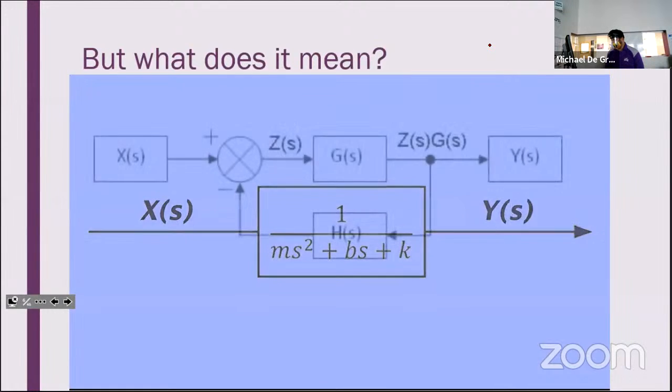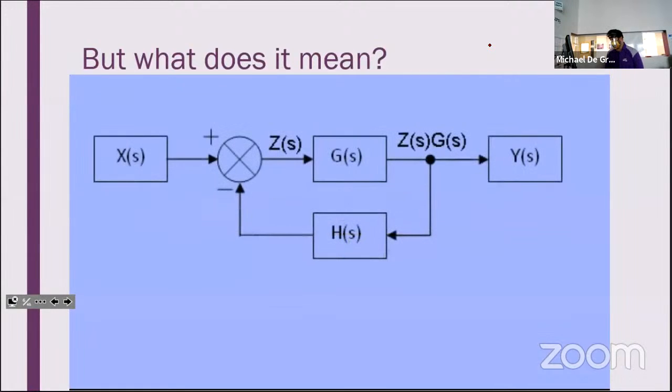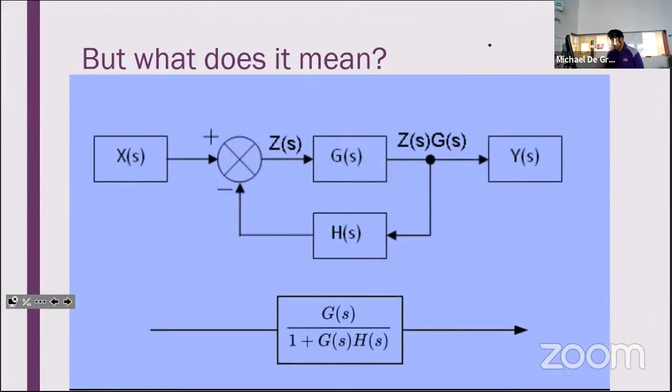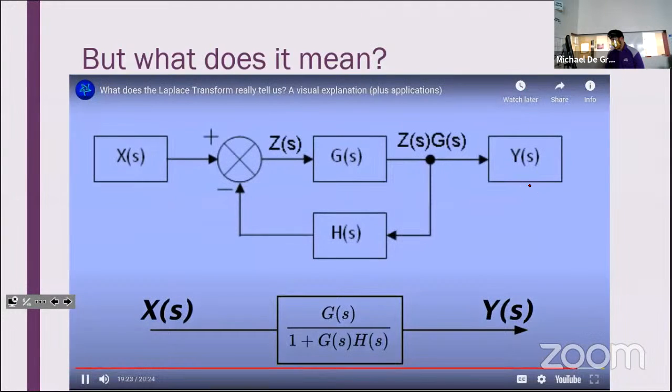But even when there's more going on between the input and output, it simplifies fairly nicely when using the S domain, as we can still just multiply the input by a more complex but still manageable transfer function to find the corresponding output. Of course, there's plenty more to all this, and if you want to continue your learning, I